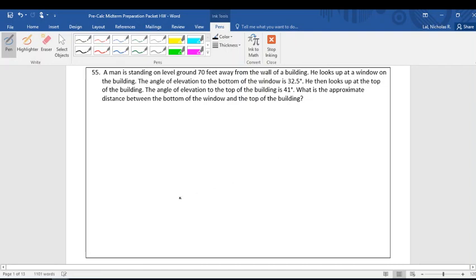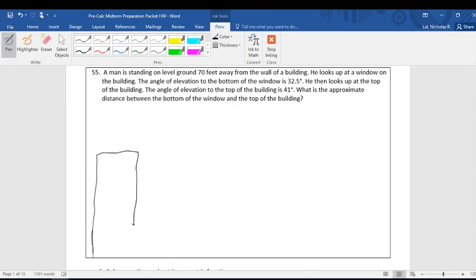So what we need to do here is draw the man, the building, and see if we can come up with some triangles. We have our building. Our building has a top, and our building also has a window. And we're looking at the bottom of the window. Our man is 70 feet away from the wall of the building. So there's going to be a length with the distance of 70